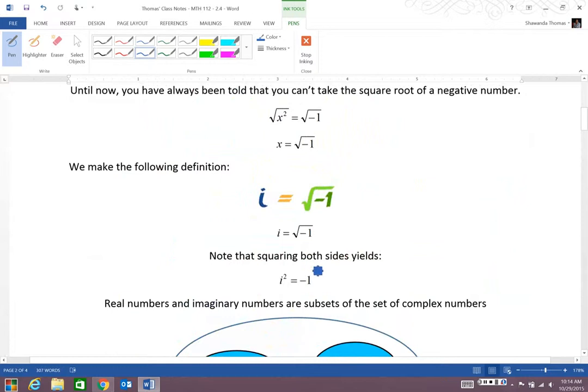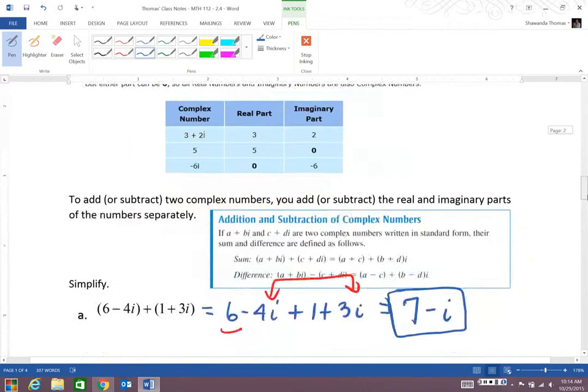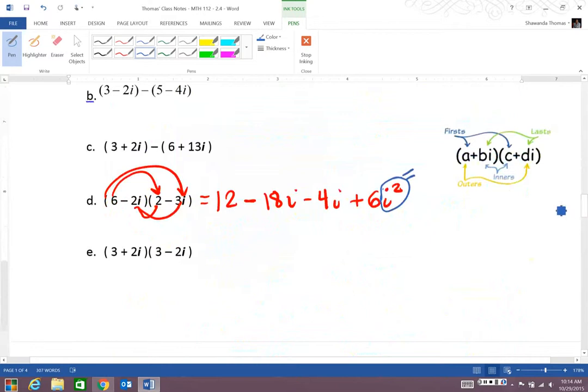So it looks like i squared equals negative 1. So again, memorize these two equations. i squared equals negative 1. So I know I can do a substitution at some point. So let's go ahead and work on what we know. We know that we have 12 minus 22i